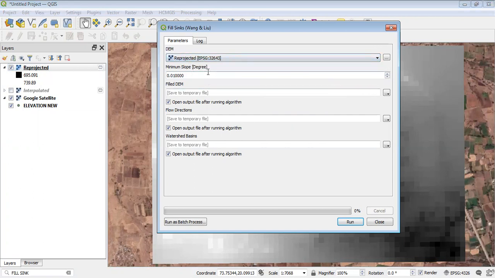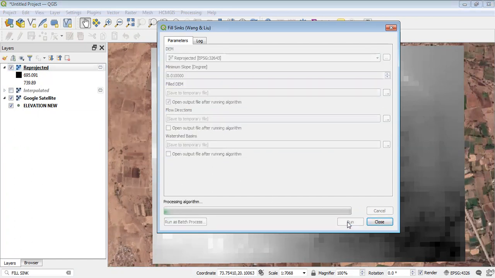Minimum slope, it's in degrees, it's like 0.01, it's the default value. Then fill DEM, we can save it or we can make it a temporary file. And then I don't want flow directions and the watershed basins, only this particular fill DEM. Okay, then run it.